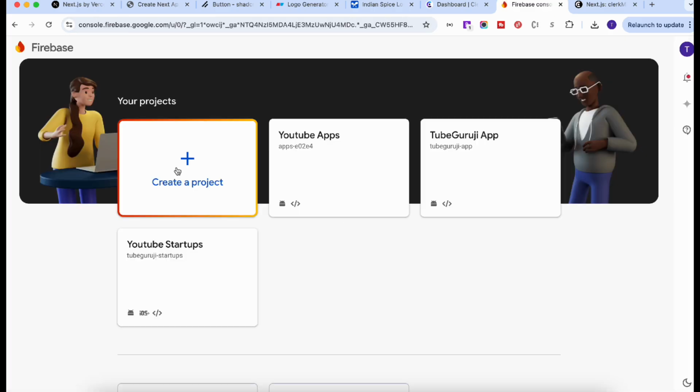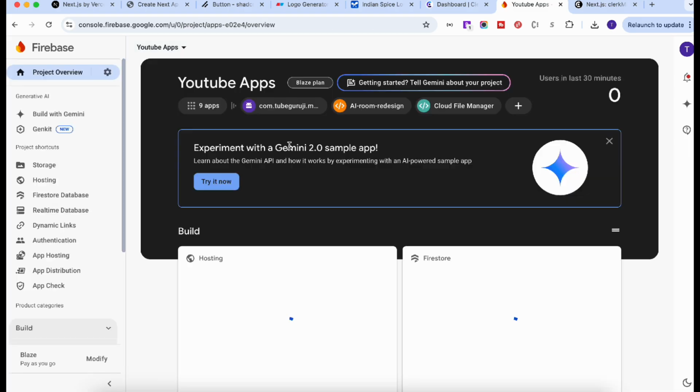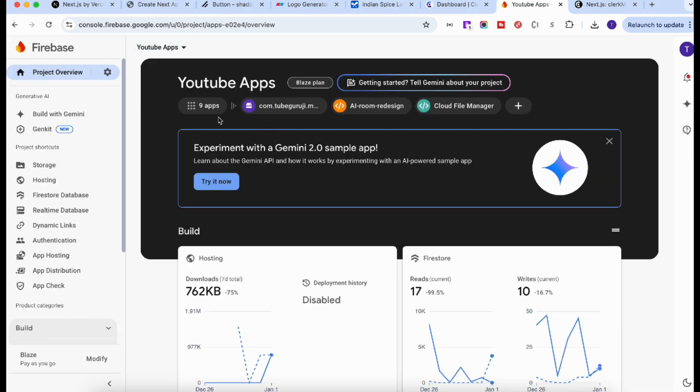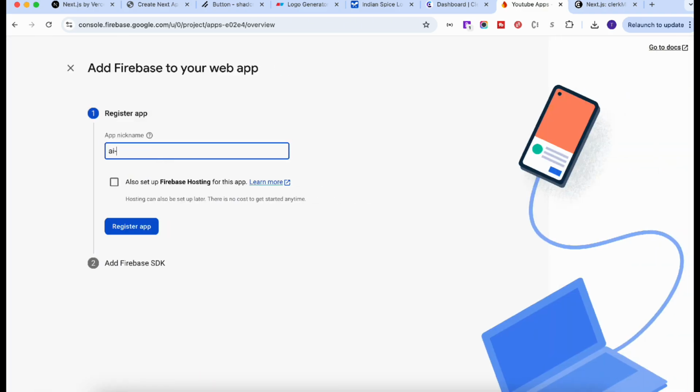and go to the console. Over here you can create a new project if you want. I already have the project created, so I will open that one. Over here if you see, I already have some of the projects inside this big project, and here you have the option to create a new application. Select the web, and over here you need to give the application name. So over here I will say AI logo generator, then simply click register app,